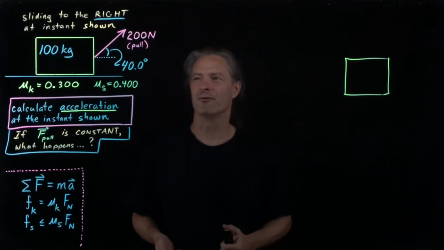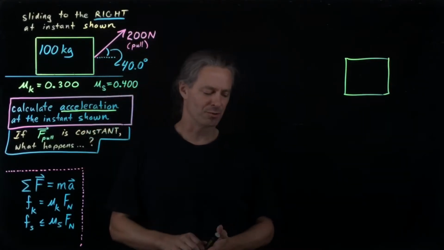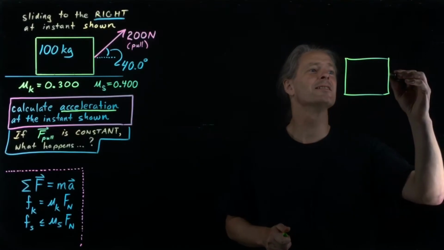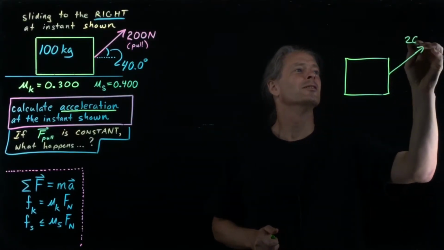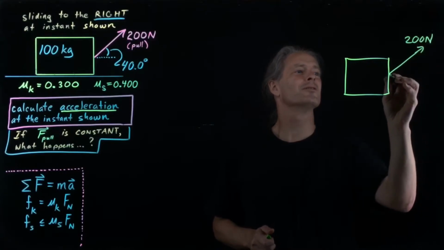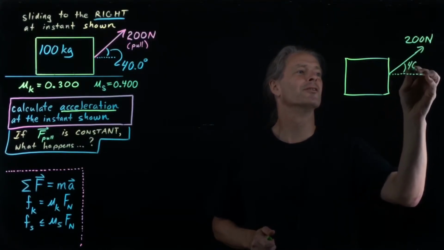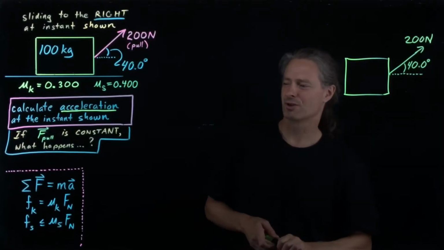We identify the forces acting on the crate. Well, I've got the pulling force of magnitude 200 newtons and that direction shown. So let me sketch that in. So there's roughly sketching in 200 newton magnitude. And then I'll just sketch in this angle above the horizontal, 40.0 degrees. Great, so that's one of the forces. Well,